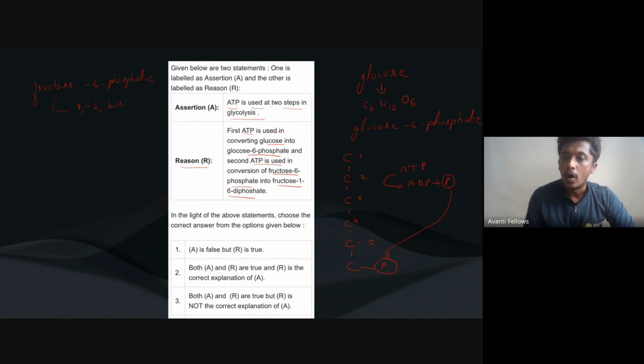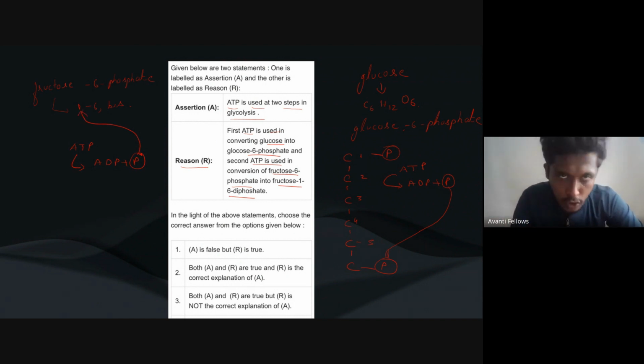What does it mean? Already we have one phosphate at the sixth position. One more phosphate gets added at the first carbon atom. So when this happens, students, you know what it means? It means that we utilized one more ATP molecule. So this ATP is converted again into ADP plus phosphate, and this phosphate goes and attaches to the first carbon